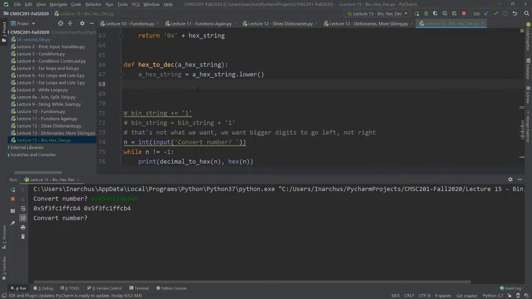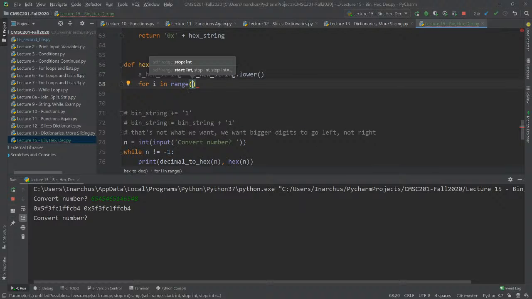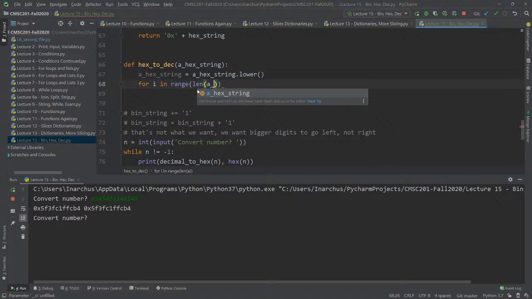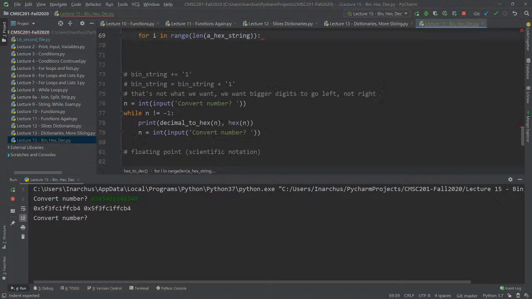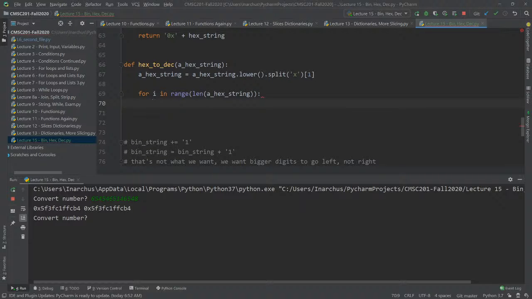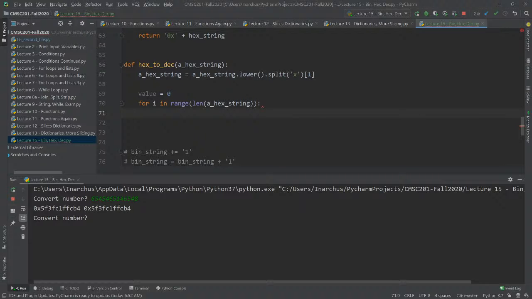Okay, so then what we're going to do is we're going to go through and say, for I in range len of a hex string. So we're not going to pass it the full string. Maybe we'll split that off. So what we're going to do now is we're going to say value plus equals,